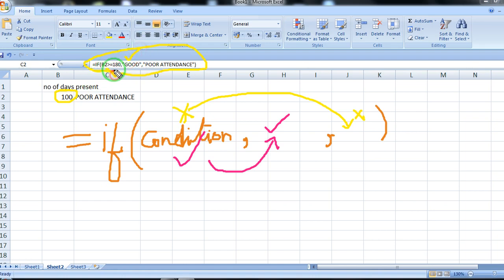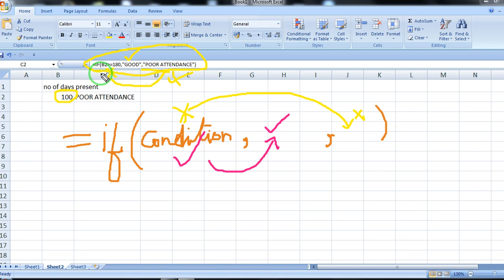And if this condition is false, then whatever we write after the second comma, that is poor attendance, will be displayed. So to check the condition, we are using the IF function, and depending upon a condition we can display a particular output. This is the use of the IF function.